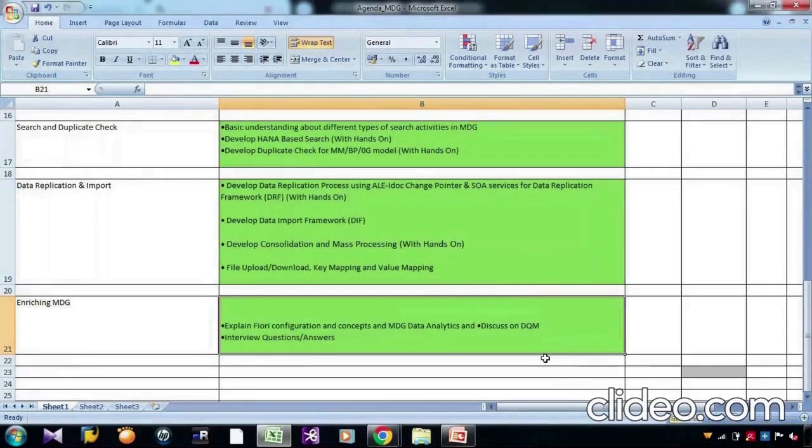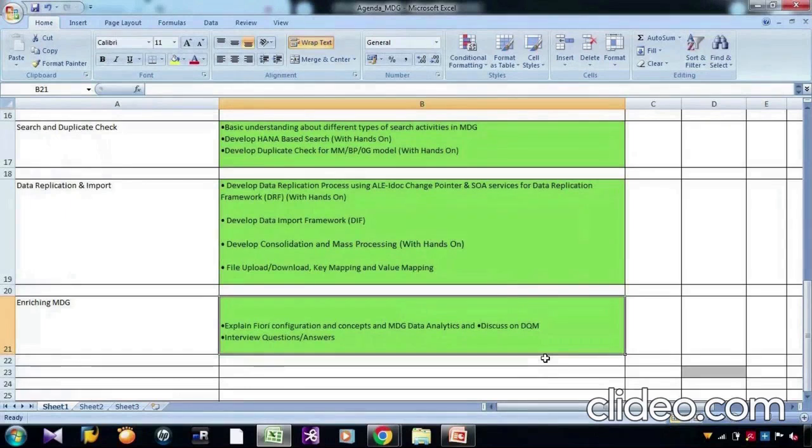While explaining that, we will have a similar example as a baseline understanding, where the data is coming from Ariba, entering MDG, managing the core and application data, and updating back to Ariba. So this sort of discussion we do have.